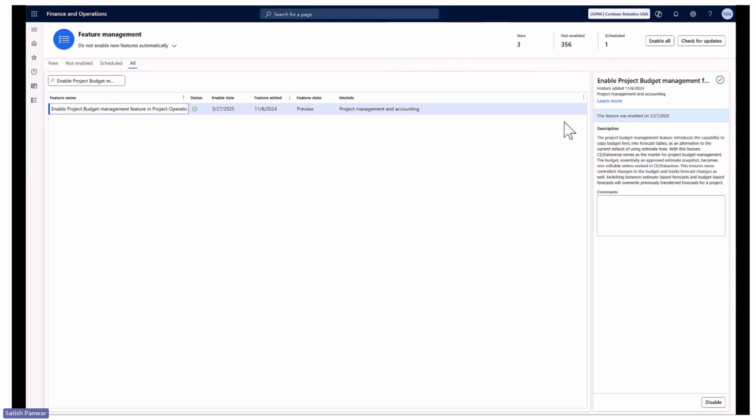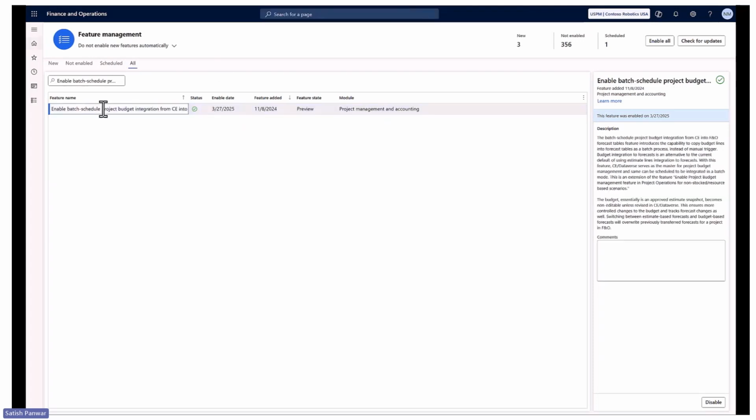The features are: one, enable project budget management feature in project operations for non-stock resource-based scenarios. This will enable the forecasts being updated by the budget lines along with the estimates. And we also have one more feature to run this in a batch mode. Let me show you